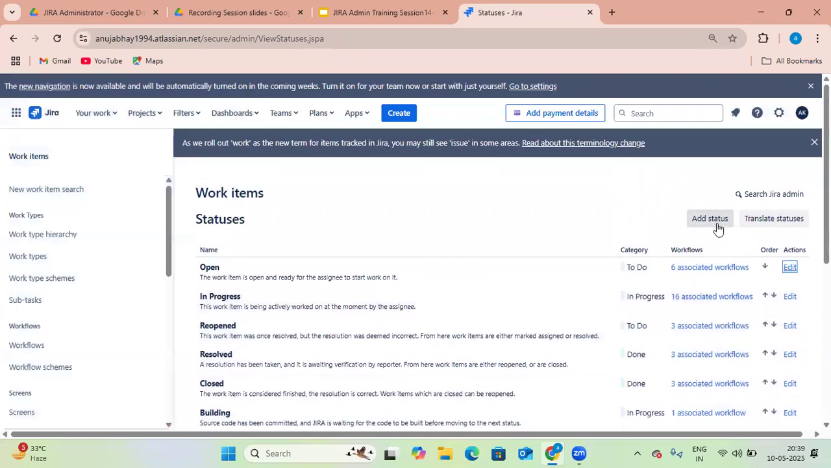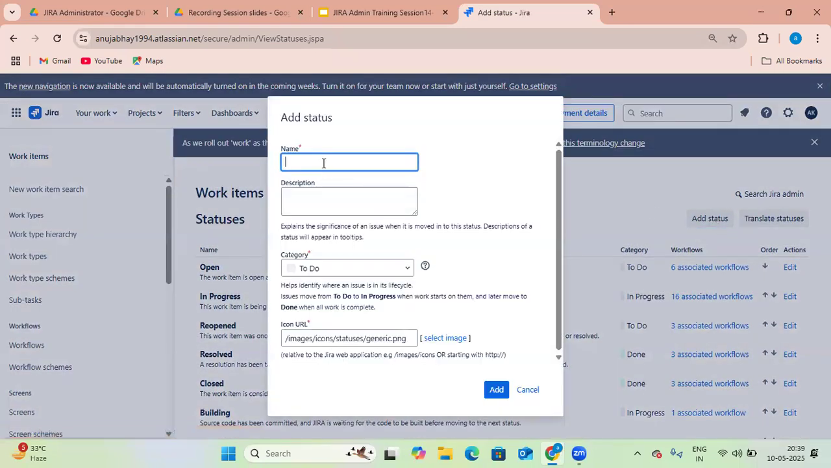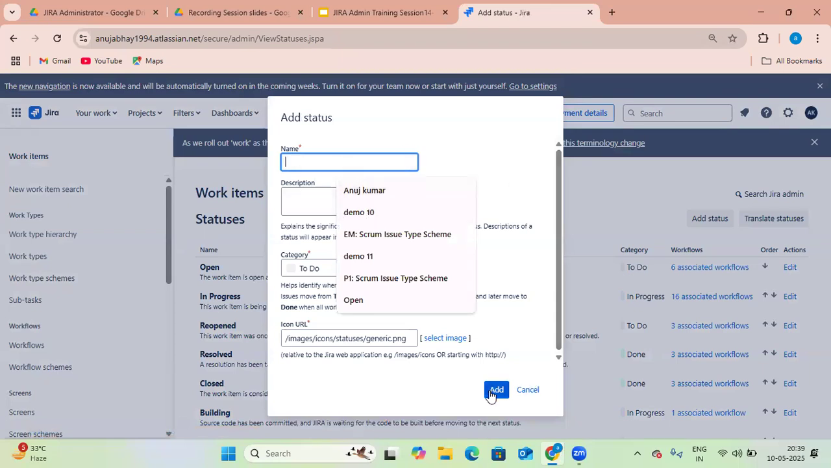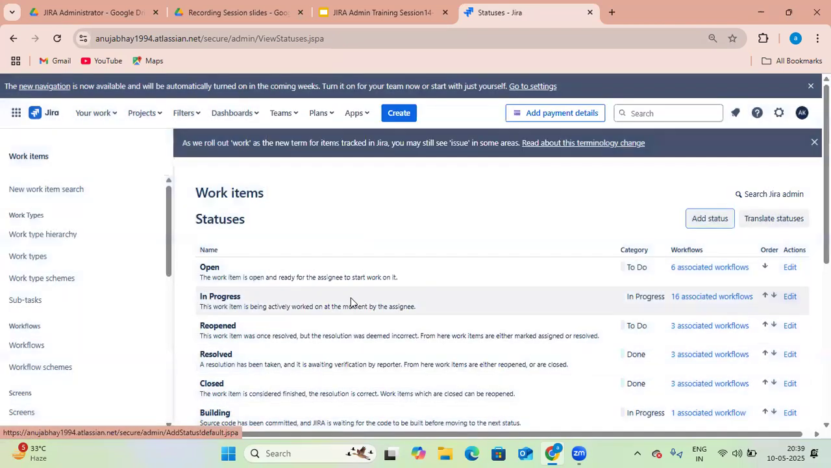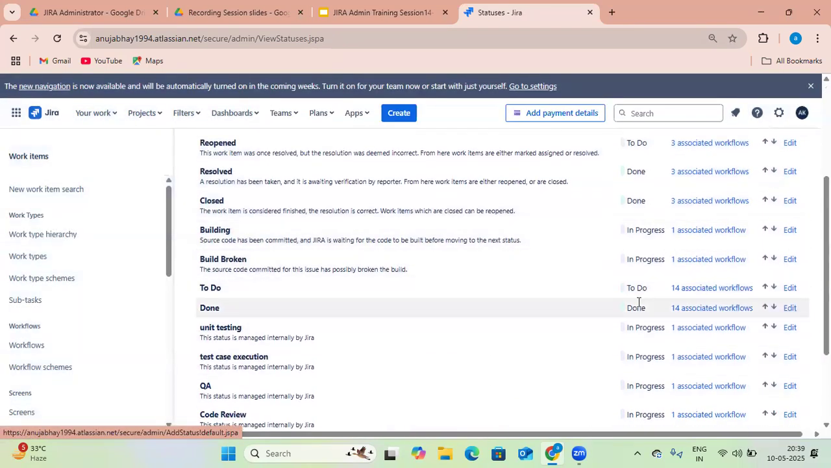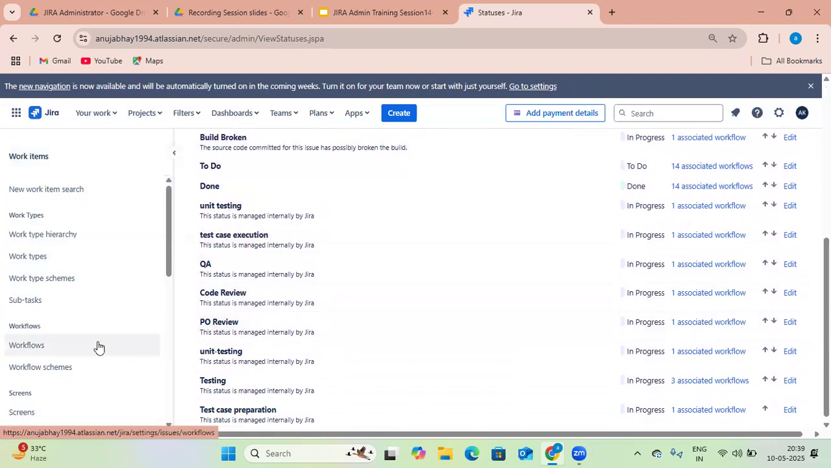Do not disturb these. You can go here, create your own status and add it, according to the customer requirement. These statuses, do not disturb. Okay. Now